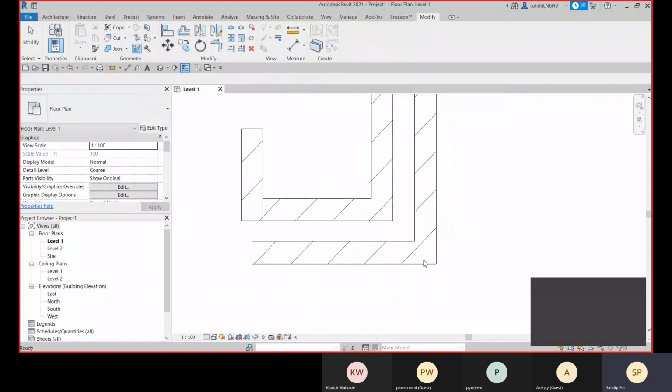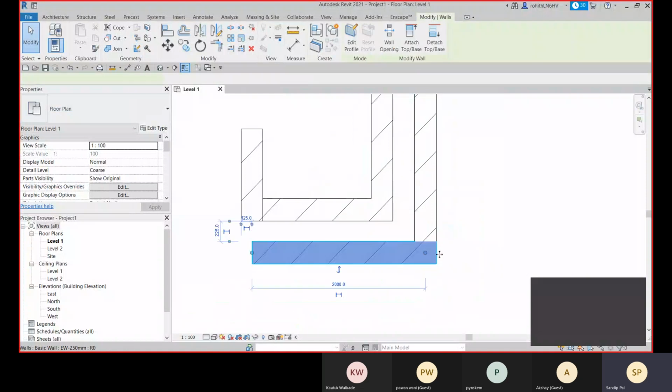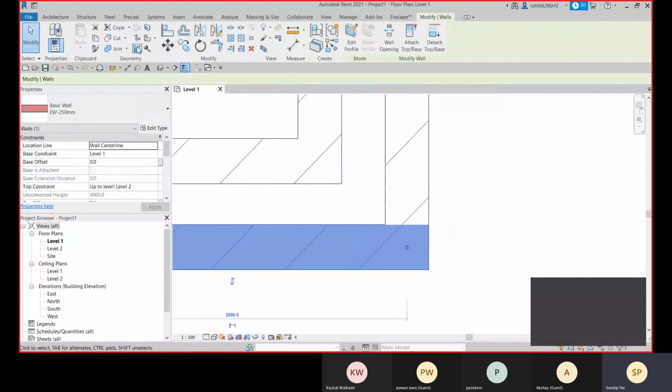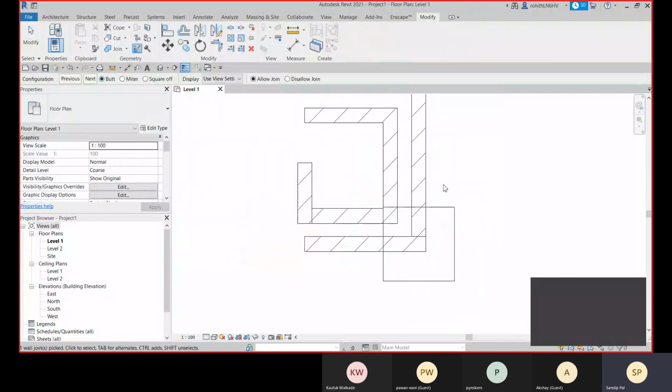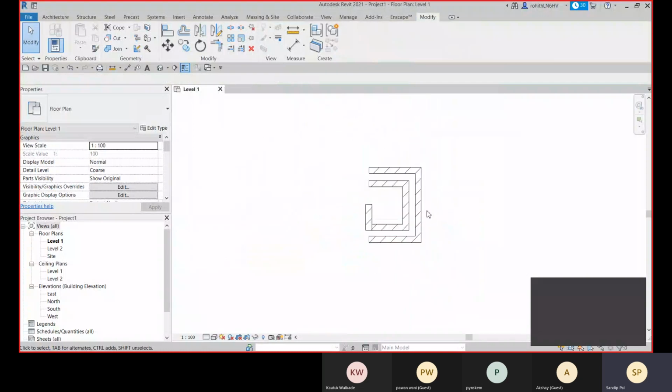After that come here, and here we have this butt join, miter join, and square off. Right now with square off and the butt, you will get the same result, because this is rectangle shaped. Let me show you the difference.